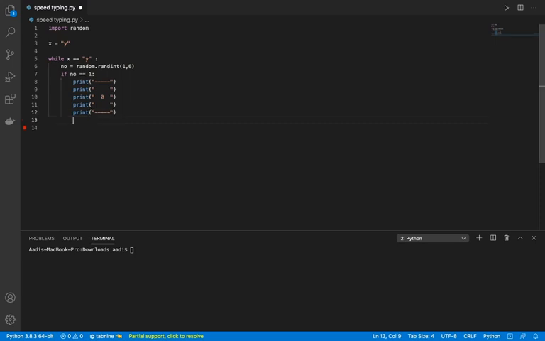Now I'm just going to copy this whole thing and paste it for number 2. I'm just going to write number 2 here. Then instead of one of these, I'm going to leave this and write 0 in this and then 0 in this. That somewhat looks like number 2.